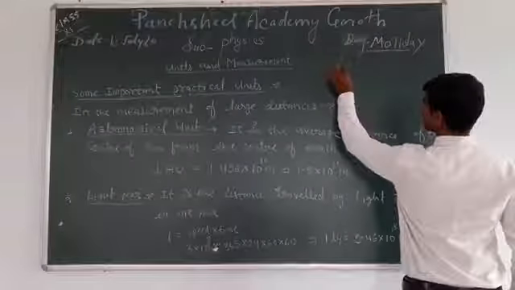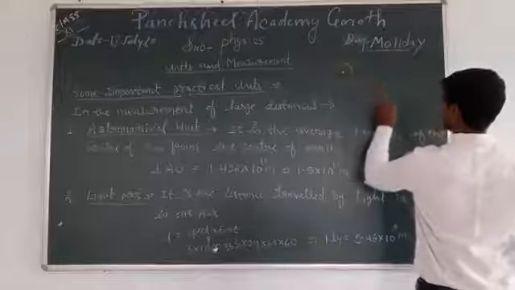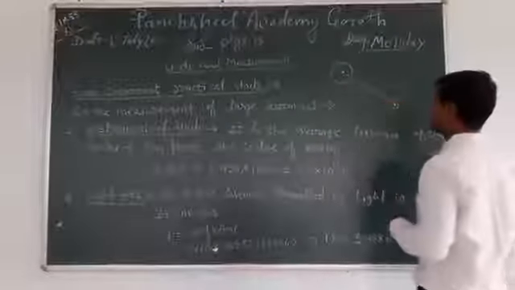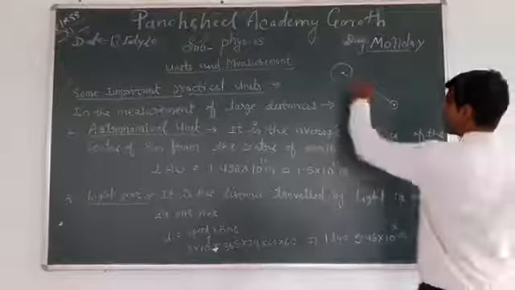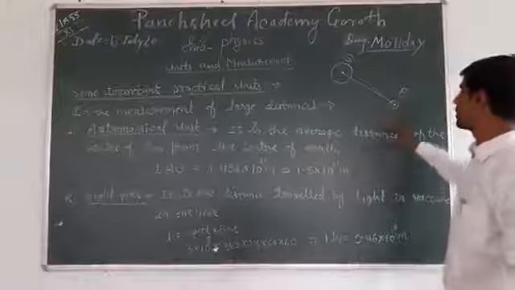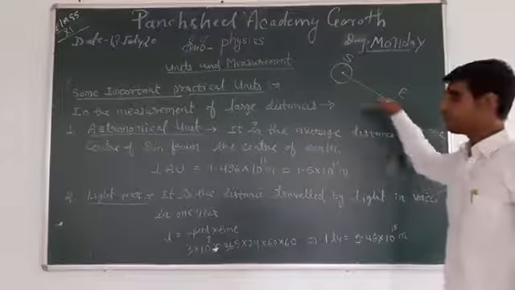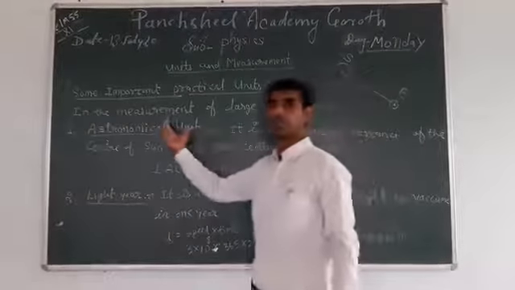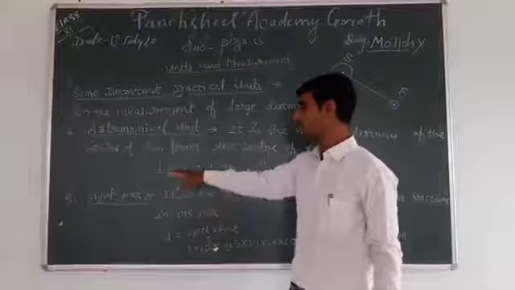This is the sun center and this is the earth. So it is the average distance between the center of the sun and the center of the earth. अर्थ और सन के बीच की जो एवरेज डिस्टेंस है वो एस्ट्रोनॉमिकल यूनिट होती है, और वन एस्ट्रोनॉमिकल यूनिट इक्वल